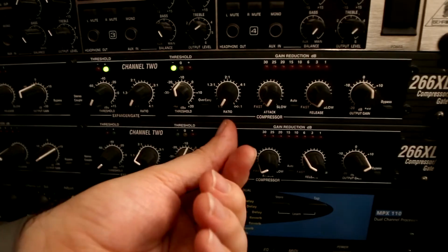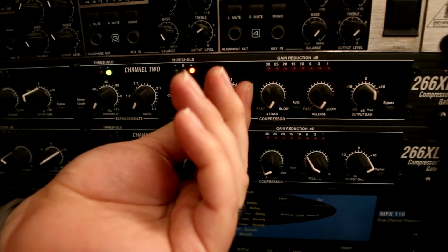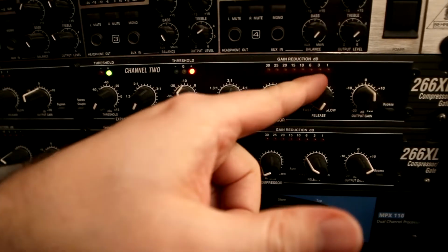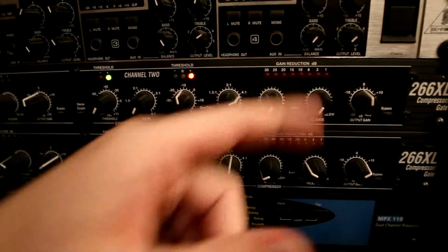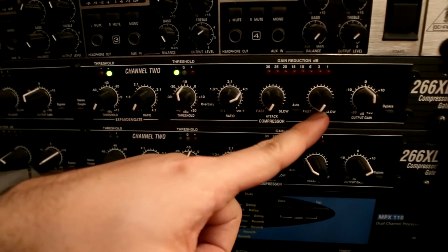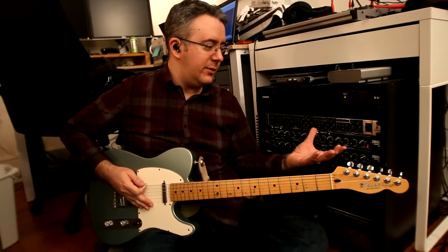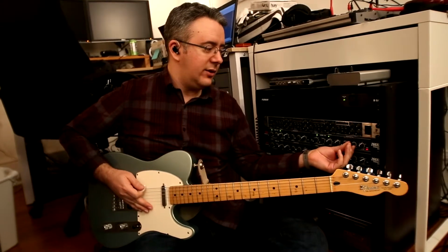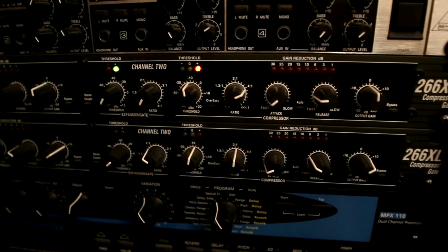And then I'm going to bring up the compression ratio, which starts affecting the guitar's signal. And then here we have the attack and release knobs. The attack tells how quickly the compressor is going to start working, and the release tells when to kind of let go of the compression. So you can see as I start playing,